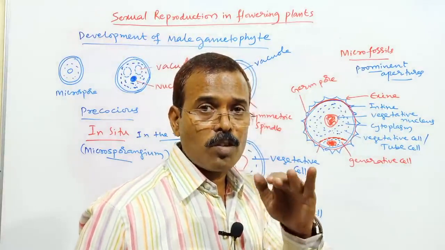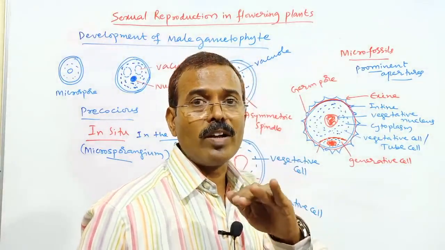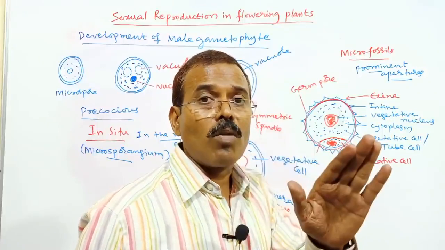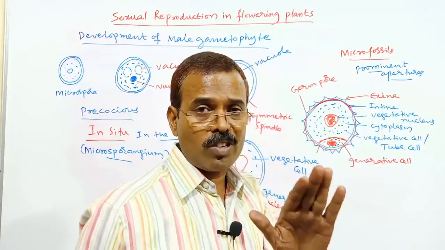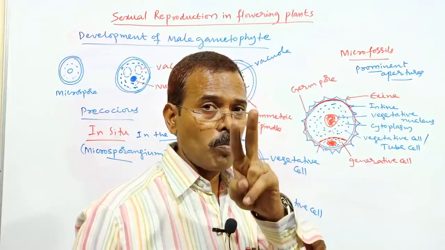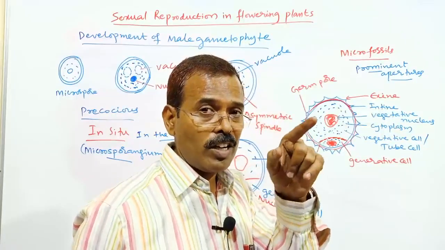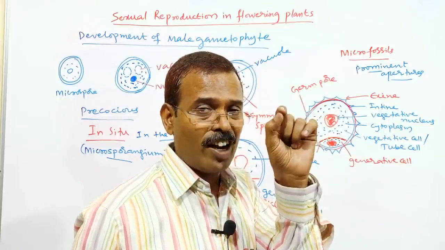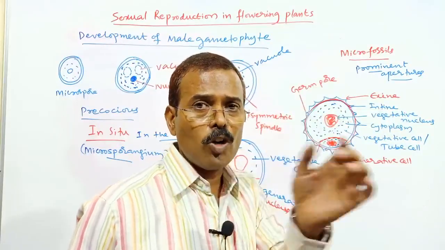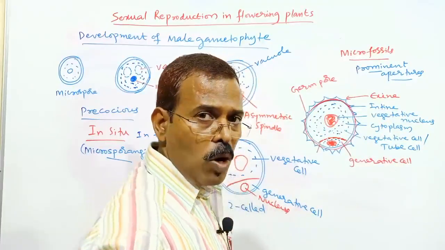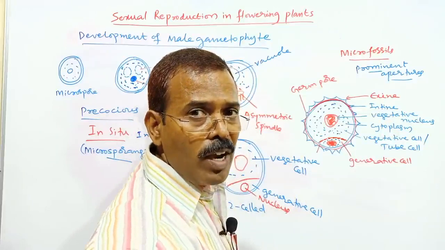Two cell stage is the partially developed male gametophyte. In the two cell stage, male gametes are not formed yet, sperms are not formed yet. It has a generative nucleus. The generative nucleus only will produce two male gametes. The vegetative cell is going to produce the pollen tube through the intine. The intine only will produce the pollen tube, which can come out through the germ pore. So this is about the development of the male gametophyte.